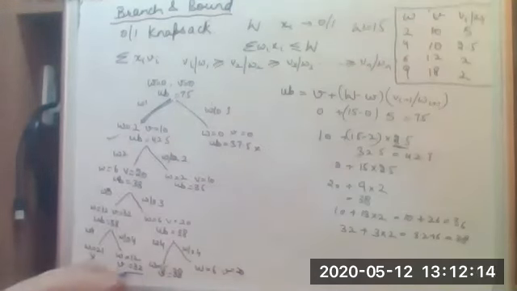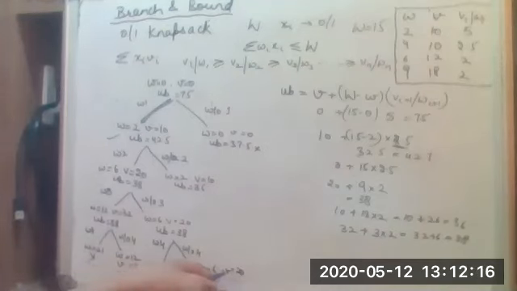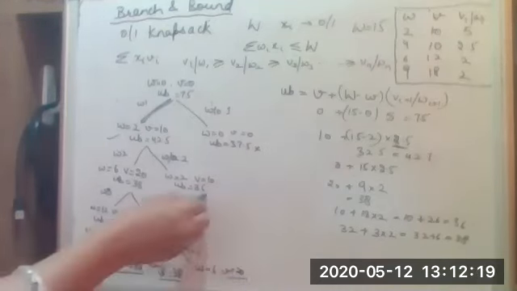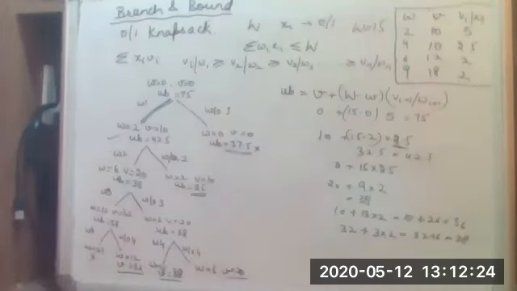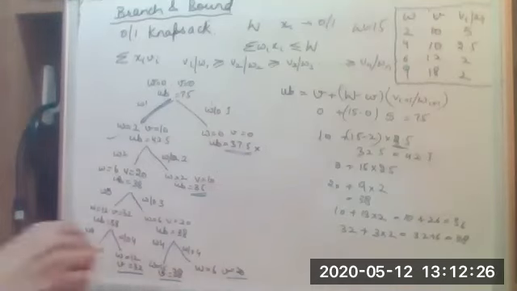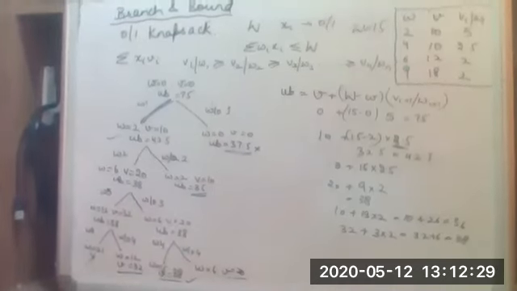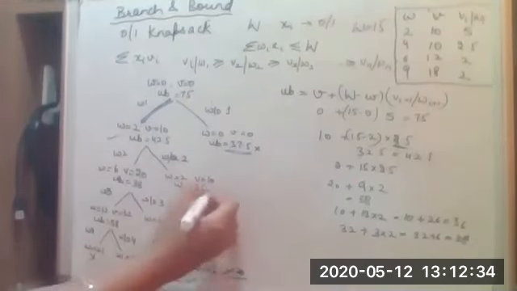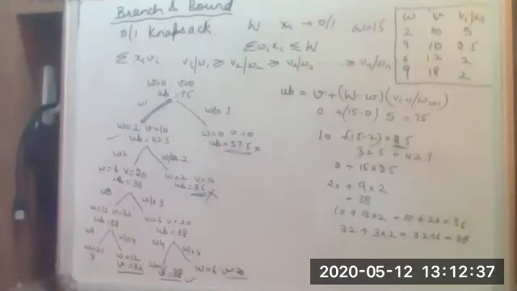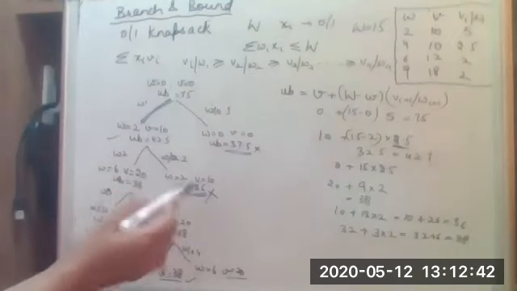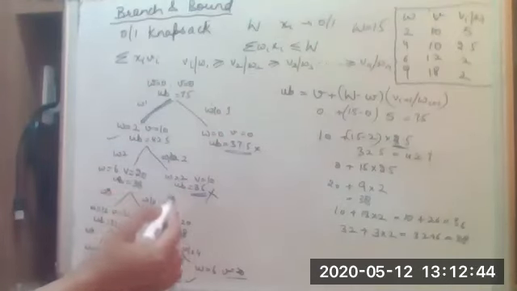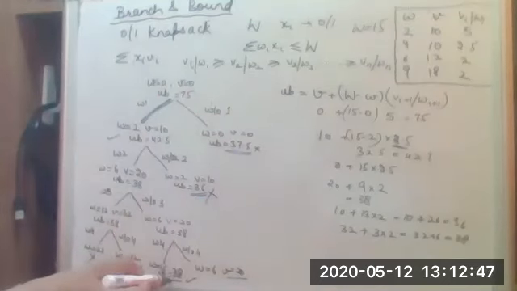Yes, so we have here 32, here it is 38, here the value is 20, this one is 36, and this one is 37.5. So which one is the maximum one? Because we are looking for the upper bound, so this is the maximum. So this is our solution. All the other nodes will be pruned. The search will be terminated for these, because the upper bound on the solution that they are providing is lesser than the best solution that is already taken so far.